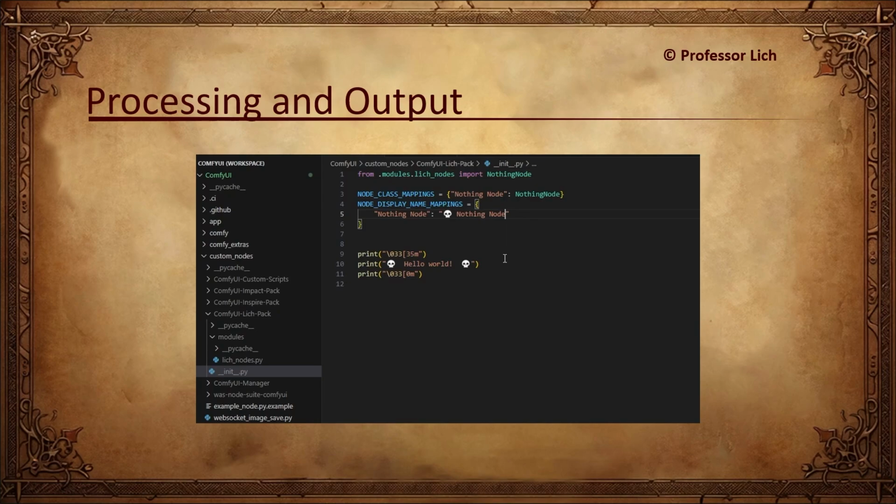However, I just want to show you one more thing. Node class mappings. I haven't specified this explicitly, but this word, NothingNode, actually has to be unique globally. So you can't have another node have this string there. It doesn't matter when it's something like NothingNode, because who else would name their node NothingNode? But